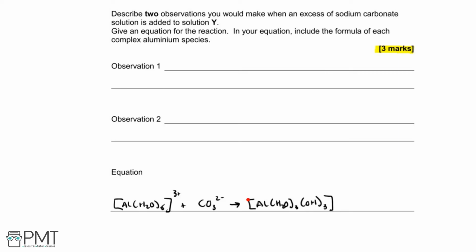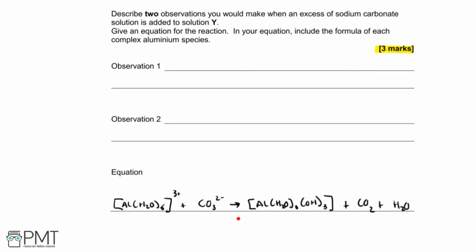As it no longer has a positive charge, it's no longer able to donate that proton easily, so it no longer acts as an acid. Furthermore, whenever we have an acid which is being neutralized by carbonate ions, that produces CO2, so that's our carbon dioxide, and it also produces water, so H2O. Now that we have written this out, we can start to balance the equation,